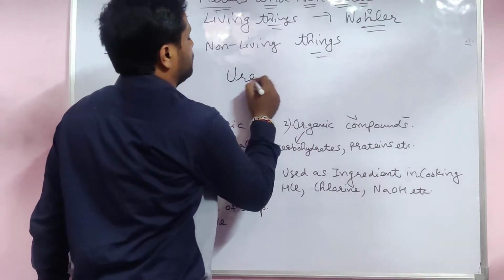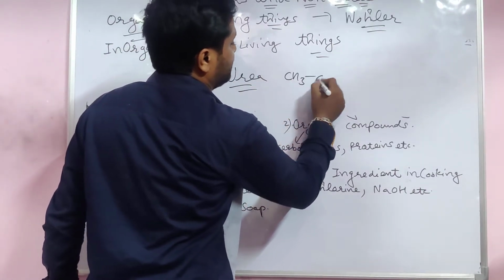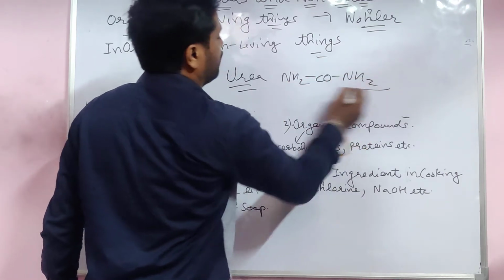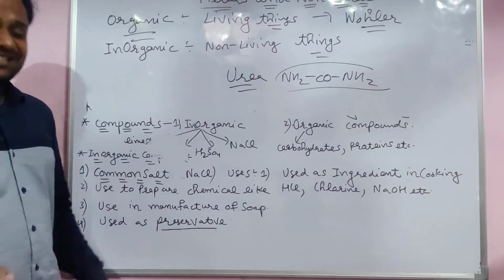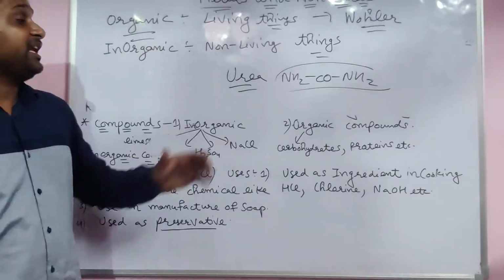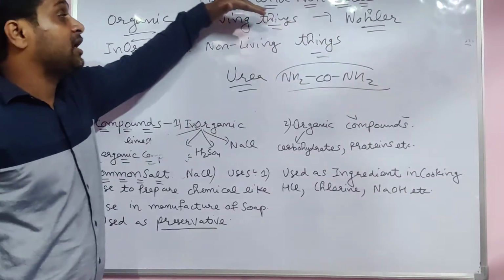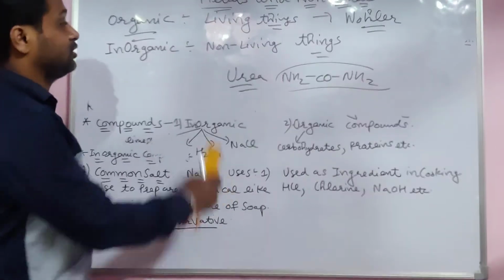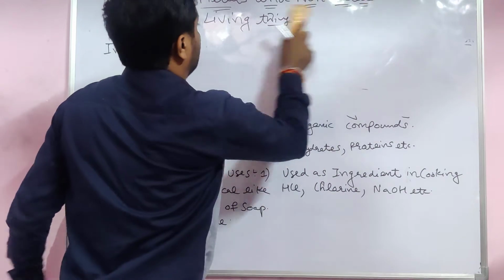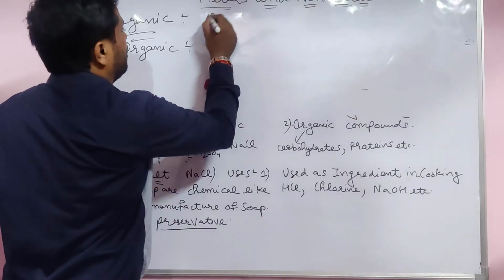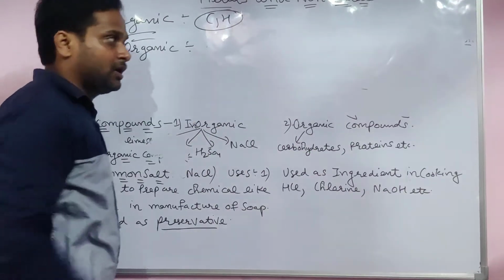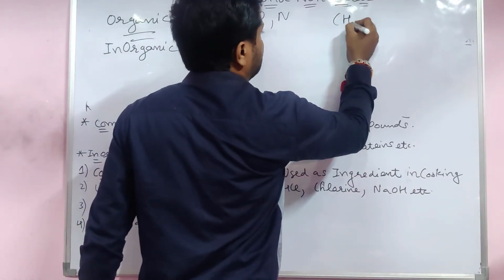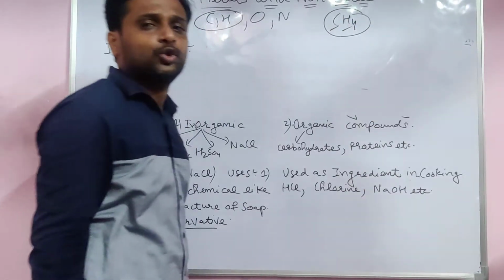Urea was the first such compound. Urea, NH2CONH2, is its formula. Students, the scientist Wöhler made an organic compound from non-living things, so that's why the old definition is wrong. Now what is the definition? Organic compounds are those made from carbon and hydrogen. If oxygen is there, okay. If nitrogen or another element is there, okay. For example, methane, CH4: carbon also, hydrogen also. Organic.